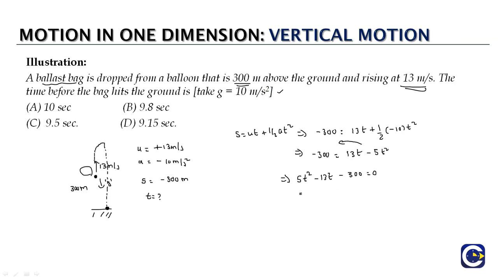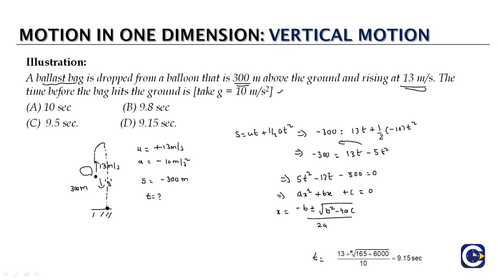If you look at this with the standard quadratic equation, ax square plus bx plus c is equal to 0, the roots of the quadratic equation are going to be x equals minus b plus or minus root of b square minus 4ac by 2a. Here the value of a is 5, b is minus 13 and c is minus 300. So if you substitute the values of a, b and c, then the time will be coming as t is equal to